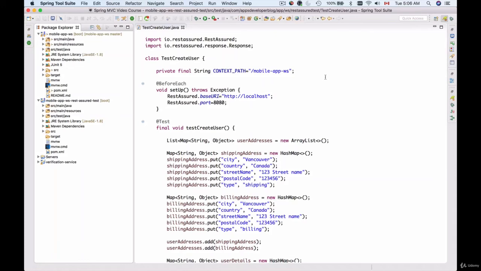In the following videos, I'm going to create a test class and a test method to test the login user functionality. And I will begin with creating a new test class for the login user, and the rest of the methods that are related to testing user functionality I'm going to place in that new class. And the reason I'm putting the create user test method and the login test method into different classes is because